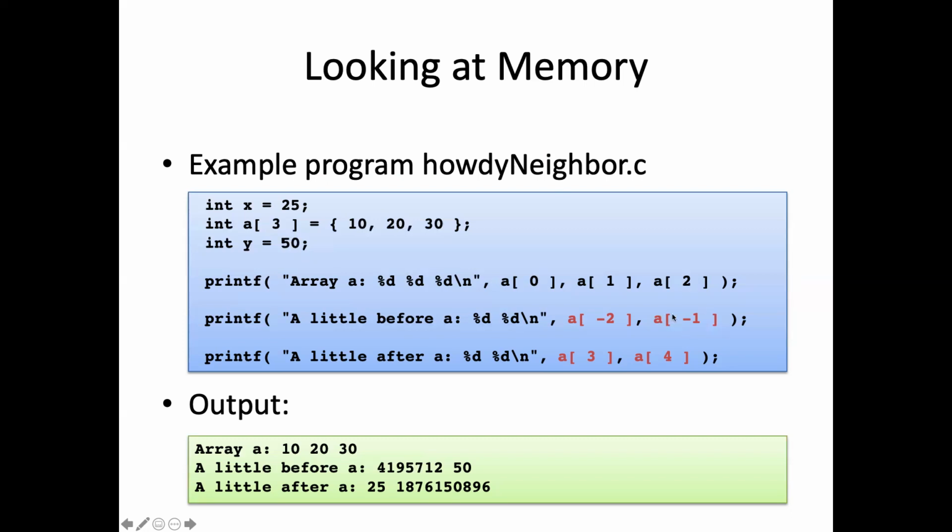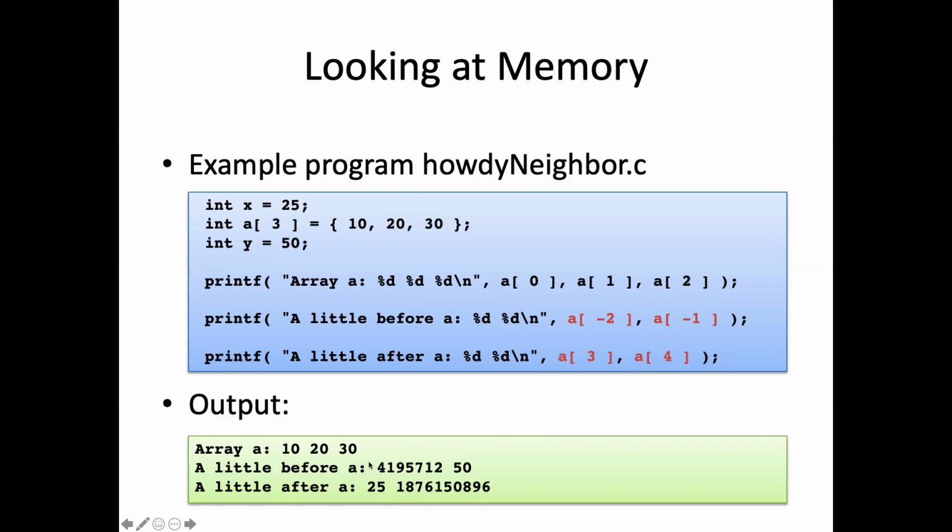And when I accidentally index off the front end of my array, I can see it. I do the same thing in the other direction. I look at element 3, which is off the end of the array, and element 4 even more so. And I get a 25 and what looks like garbage. I bet that 25 is the storage for my variable x. Again, the standard doesn't guarantee that, but it looks like my compiler put that x right after the array in